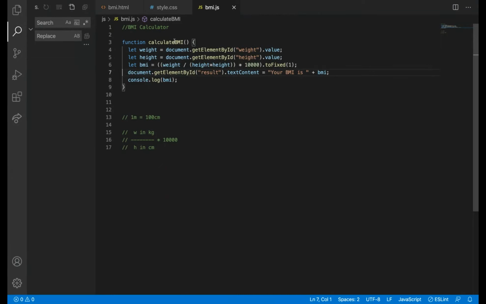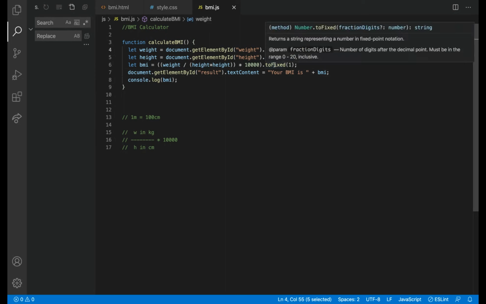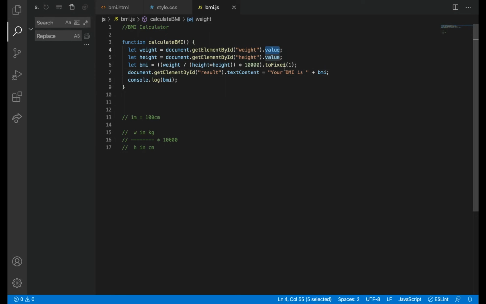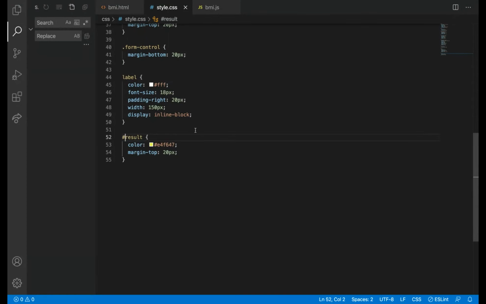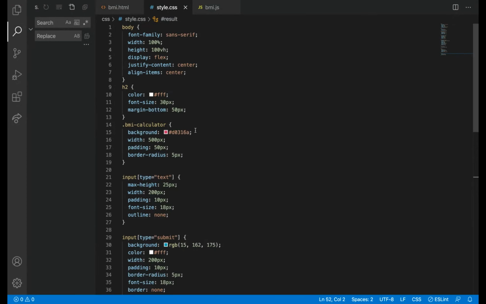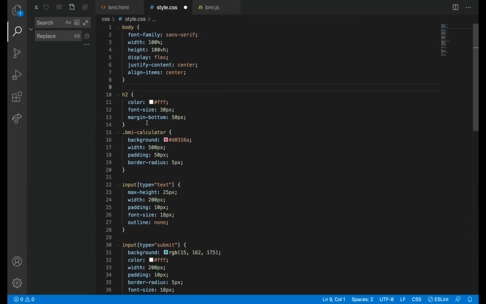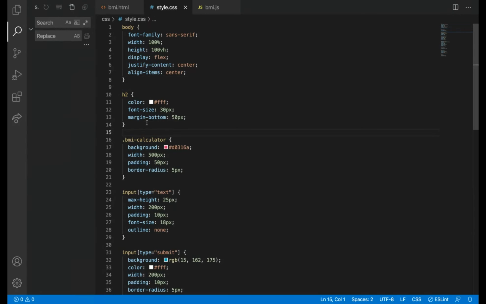The new things we learned today is this value we are using for the first time. That also we searched on the internet and then we did it. And then toFixed also. Today only we have learned this thing. You already know the other styling and all. So hopefully you people are getting comfortable with styles and HTML.